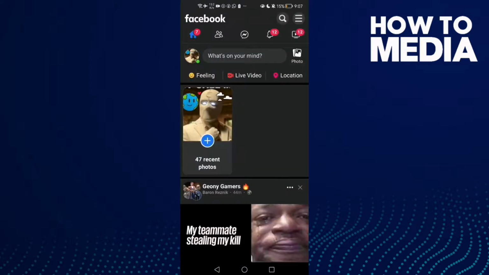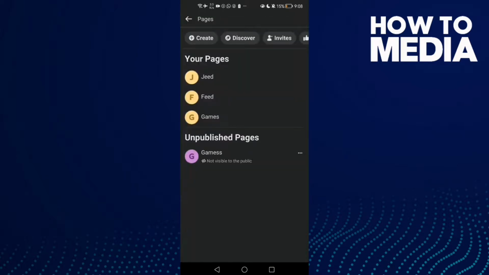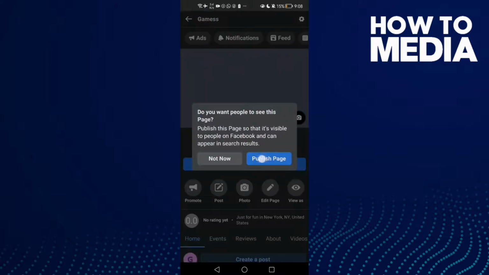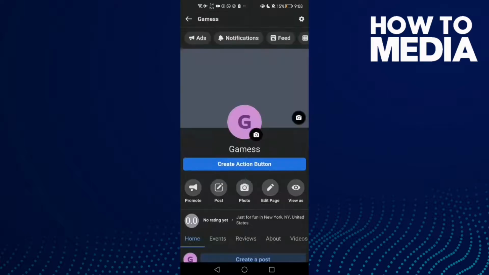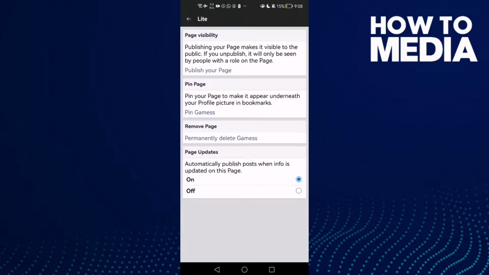Here you will find these three lines in the top corner. Click on it and scroll down, click pages, and then click on your page. You can click this one and you can just click not now, and then click this icon here and click general settings and click this one,